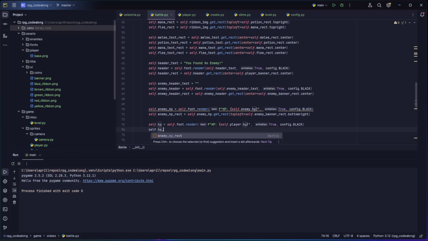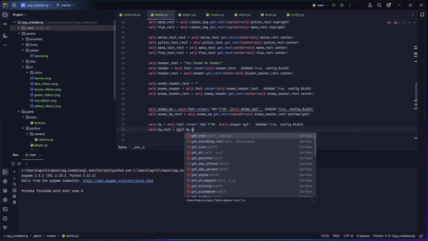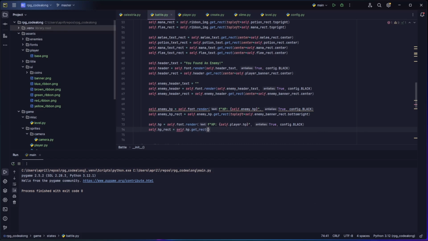Self dot HP rect is equal to self dot HP dot get rect, and we're going to position that one